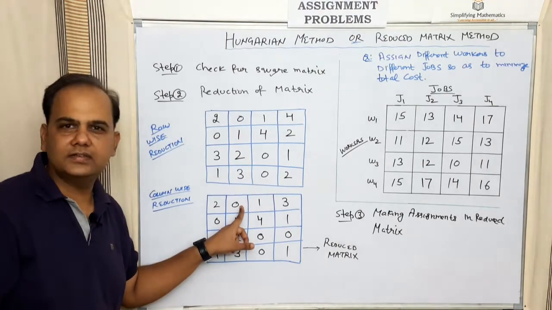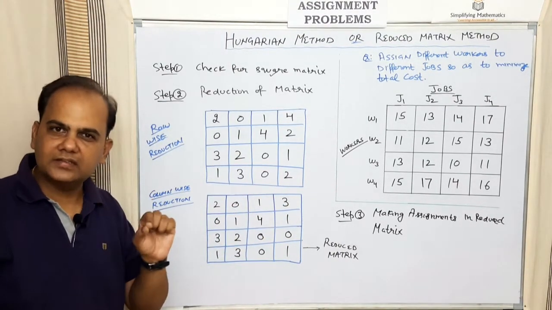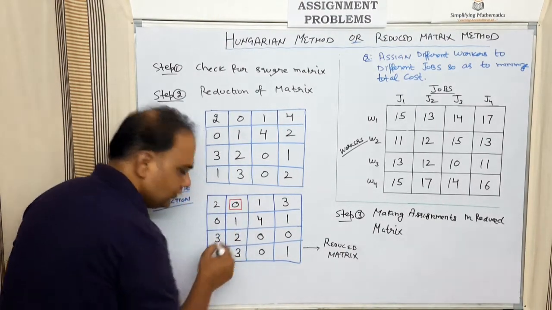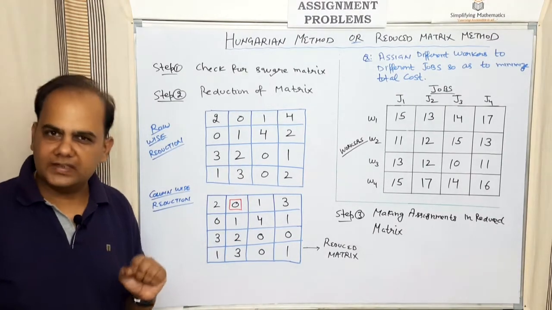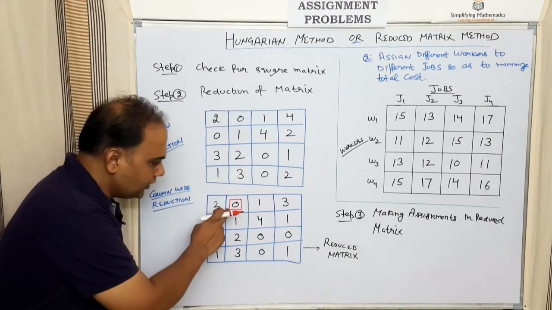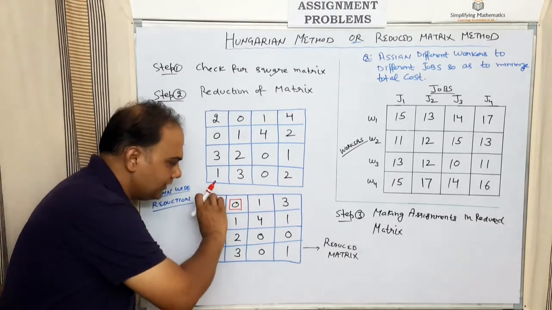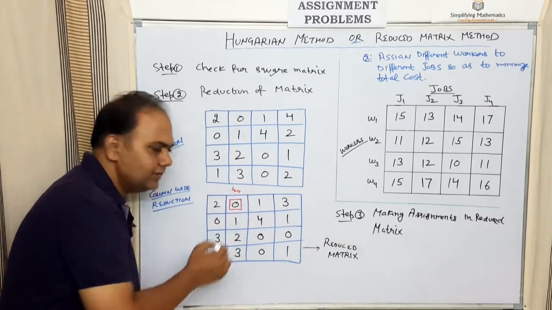So yes, this is the single 0. No other 0 is there except this. This means this is a single 0, so you mark an assignment over that 0. You mark a square on that 0, and that square is what is called an assignment. Now corresponding to this cell, in that particular column and in that particular row.